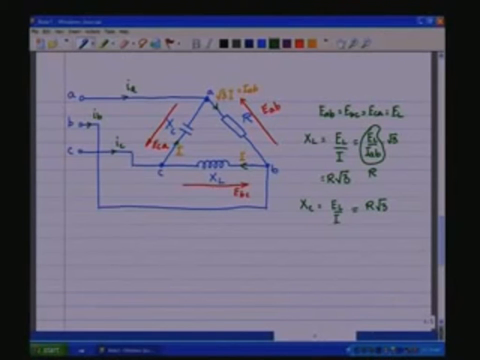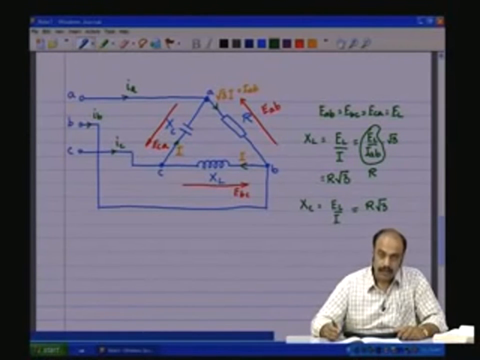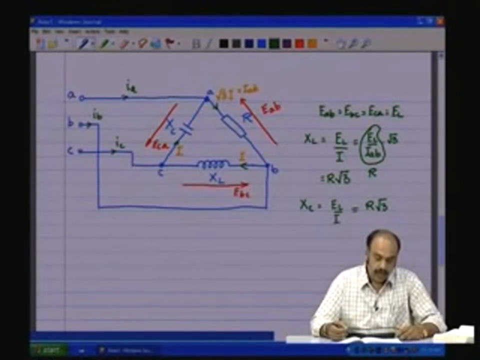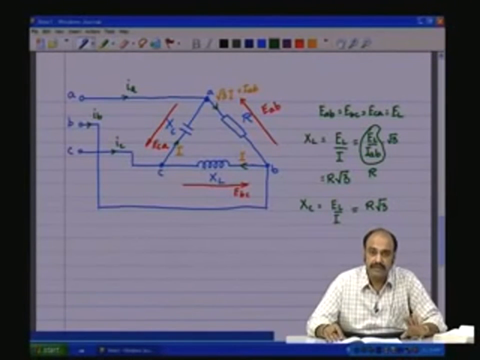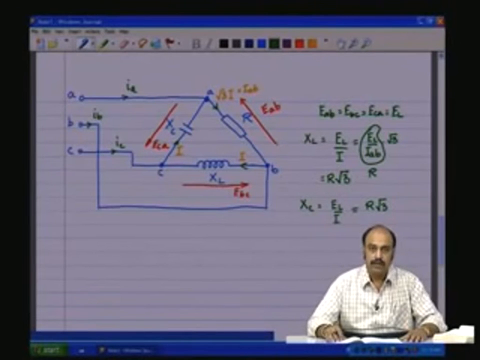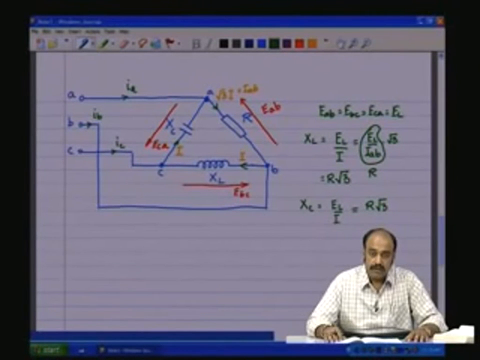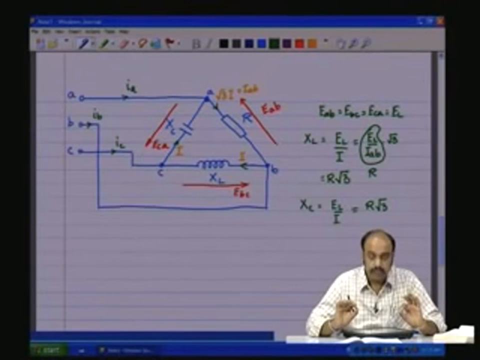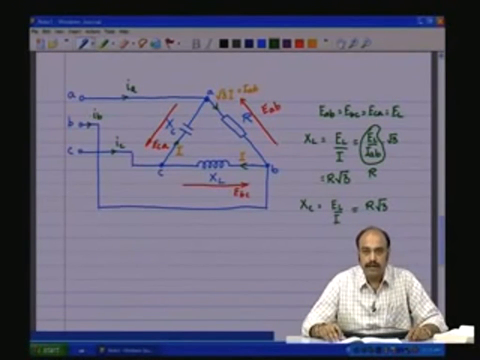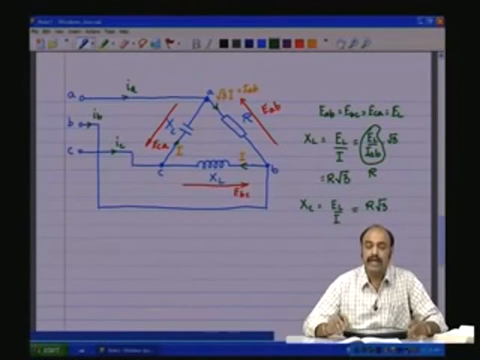So, this has a nice important implication. What it means is that, let us say we have a load R and you have a 3-phase system, and we have just a single phase load R. This means that only currents will be flowing through 2 of the lines. One will be the forward path and one will be the return path, and the third line will not have any current flowing. So, it is an unbalanced system.